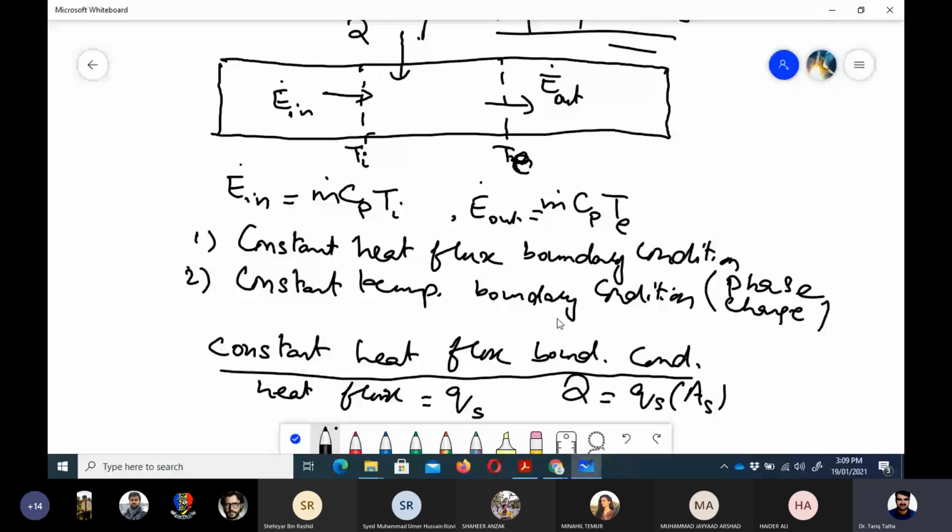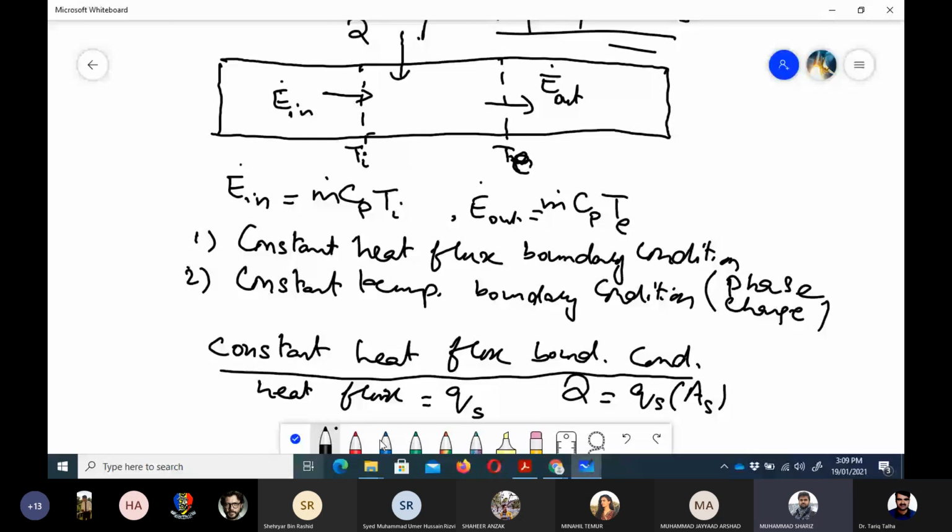So if we apply the energy balance now, and we are considering that the heat is coming in, it means that for steady state heat flow, energy in should be equal to energy out. So energy in, we see that one is coming through this flow and one is coming from the surface of the pipe. So there are two modes of heat here. One is coming from the flow of this fluid, and one is coming by convection from the surface. So we can write